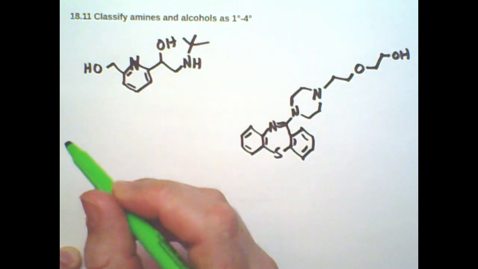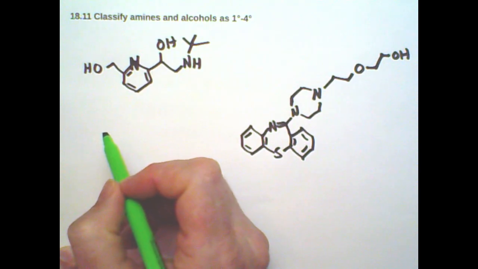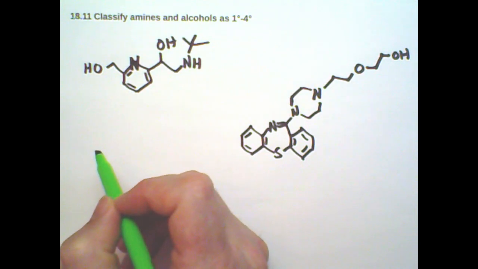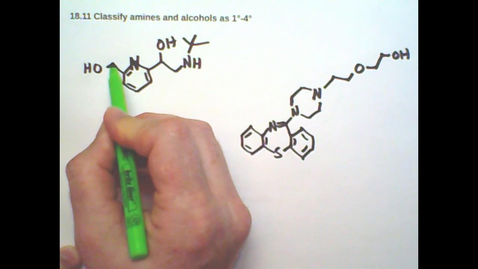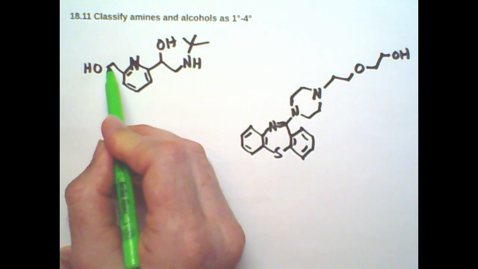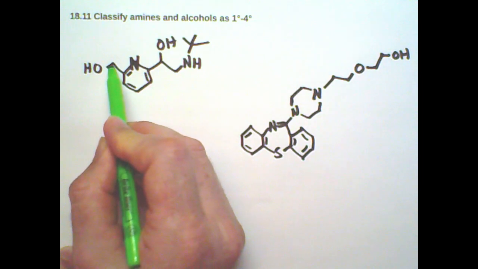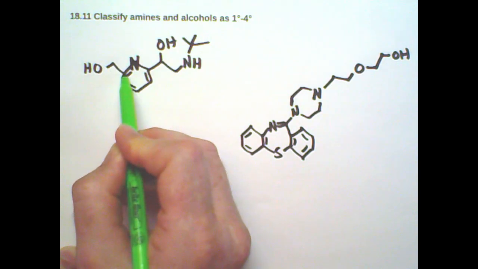With these two molecules, we're going to classify each alcohol and amine as primary, secondary, tertiary, or quaternary. With alcohols, remember, alcohol is attached to one carbon, so that's where you start to decide. You say, here's the carbon part of the alcohol. How many carbons is that attached to? The answer here is 1